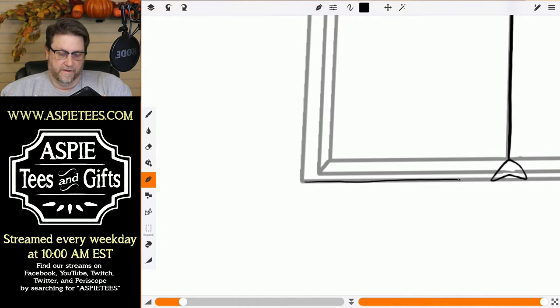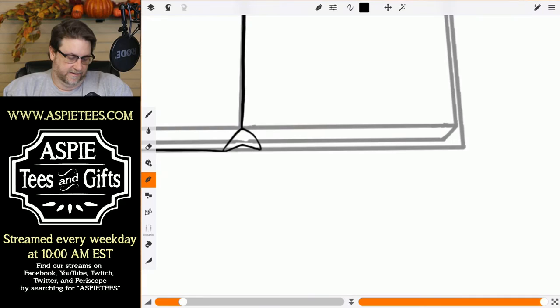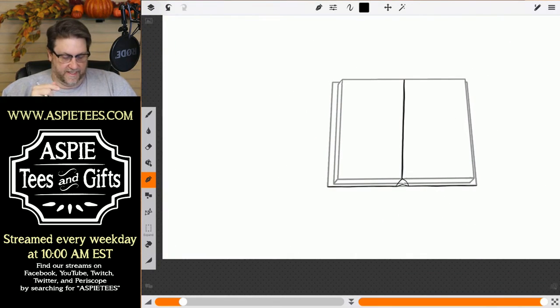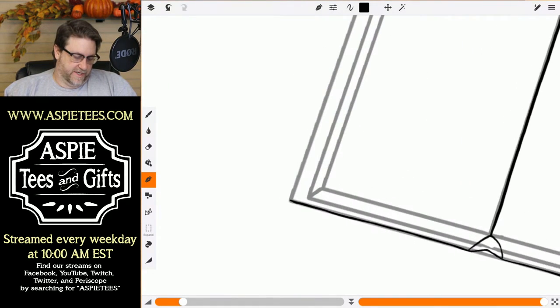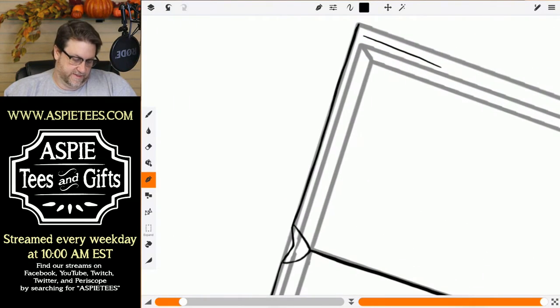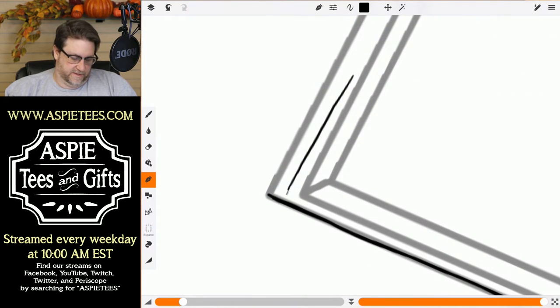The board of the book is going to come out here. It's going to attach there. We'll do this side as well. And I always like to start with thinner lines and then come back and thicken things up. Once I've done this, as I'm working on it, it just makes it a little bit easier. So the first couple of pages are probably going to come out further than this. So I'm going to actually do this down to